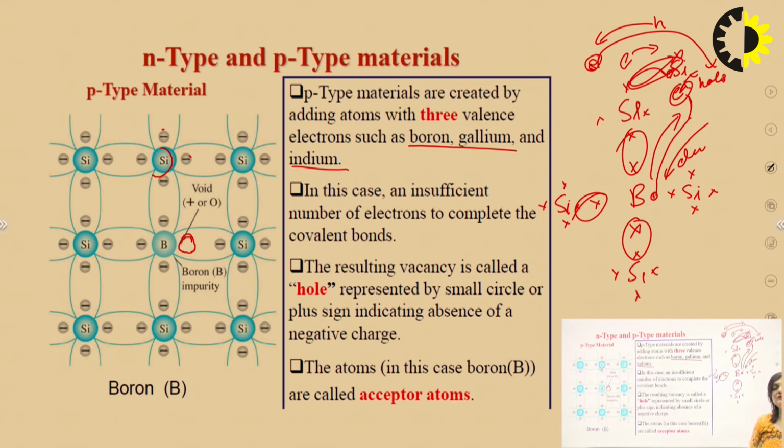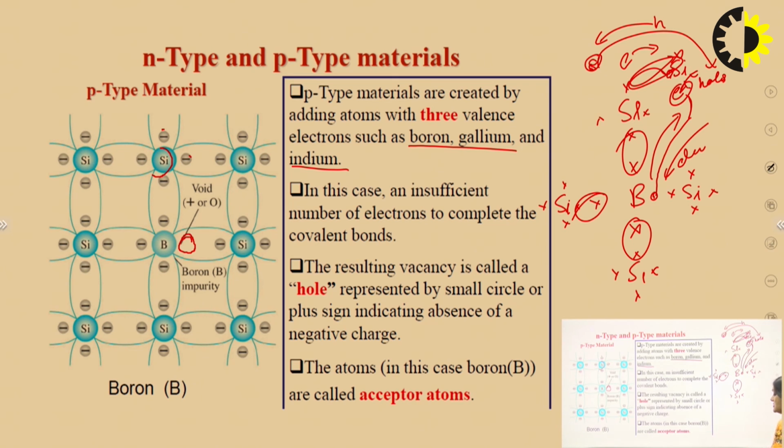So electron and hole always move in opposite directions and are always generated in a pair. If a bond breaks, an electron is liberated and similarly a hole is also generated. This is basically the concept, and in this p-type semiconductor the number of holes is more in comparison to the number of electrons.